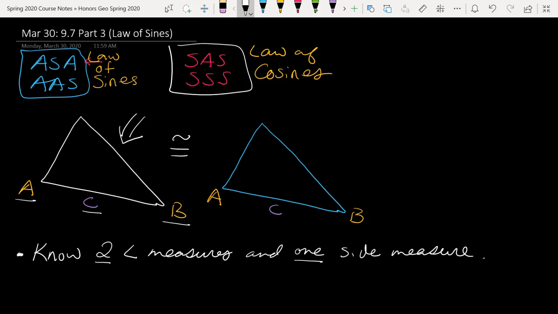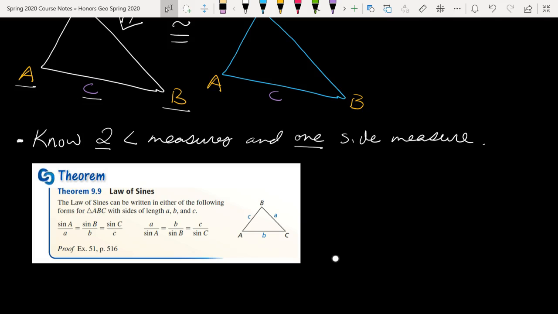When we know more sides than we know angles, we can apply the law of cosines. Let's have a look at exactly what this looks like. So here's how the law of sines appears in your definition in your book. I figured I might as well stick something from the book in so you didn't have to look at my